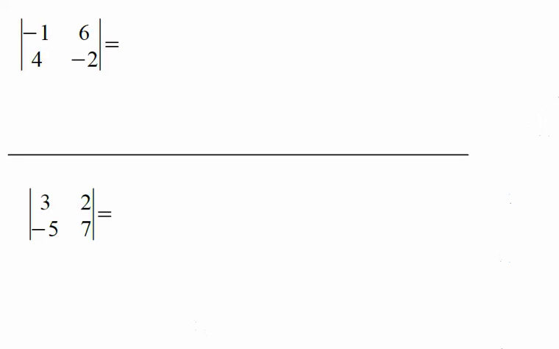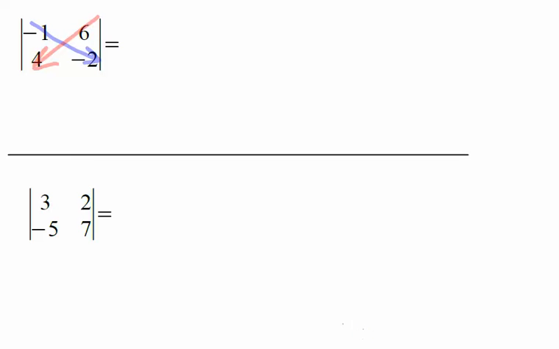Welcome to this tutorial on finding the determinant of a matrix. Now to do this we need a square matrix. We need to have a matrix that has the same number of rows as columns. Though there are a variety of ways to think about it, probably the easiest way is to think that you're multiplying the numbers together going down and then subtracting what you get when you multiply the numbers going the other